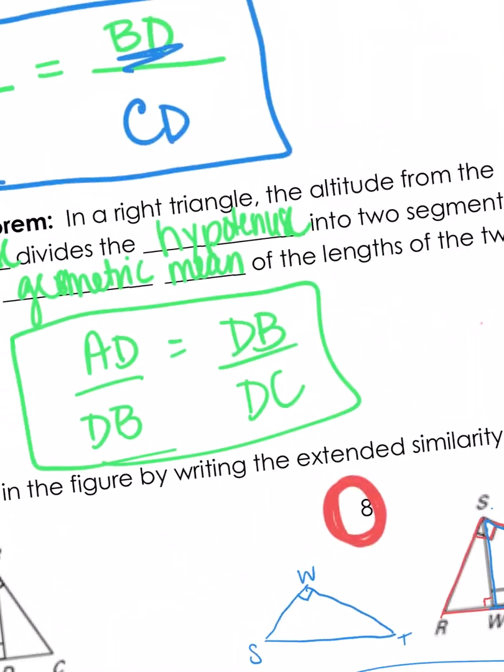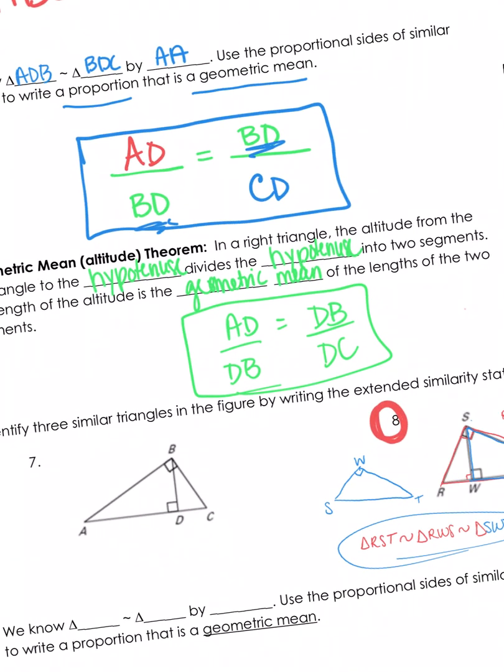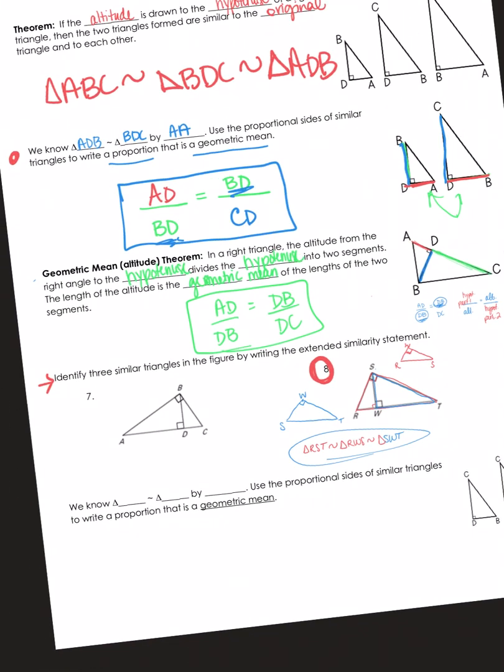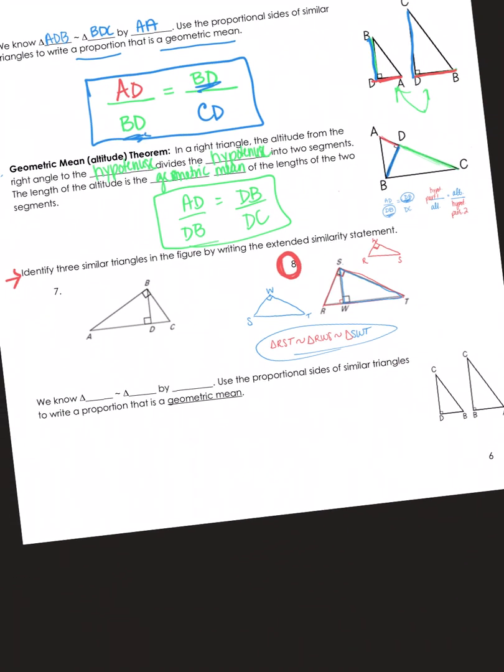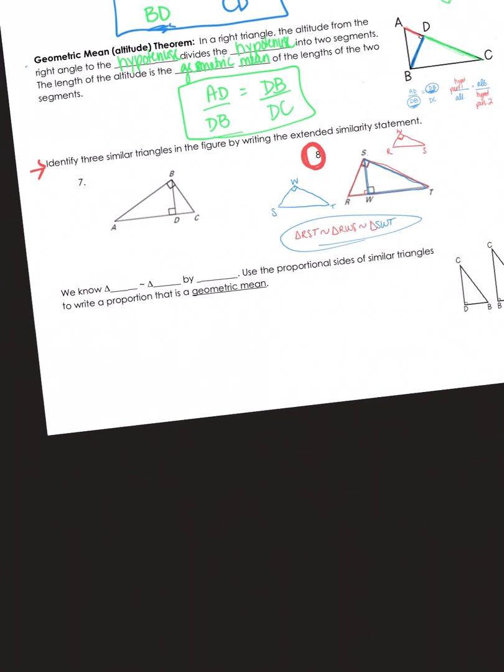So again, one more time, just as a quick recap, AD over DB is equal to DB over DC is the proportion that we are using, okay? Now it's specific for those vertices names, but you can apply it to any triangle. All right, so then we've got another set of these, and we go through these two triangles, and it says